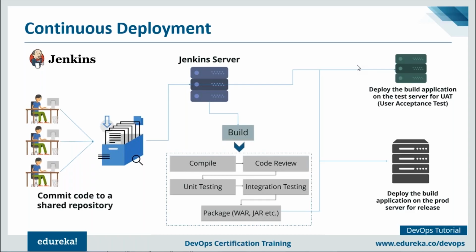Now, what it does, it will give you a nice UI. Basically, that UI will contain the entire software delivery lifecycle. That will give you a 360-degree view of your entire software delivery lifecycle. Where is my application right now? Whether tests were successful? Is it deployed onto the prod environment successfully? All those things you can find in the Jenkins dashboard.